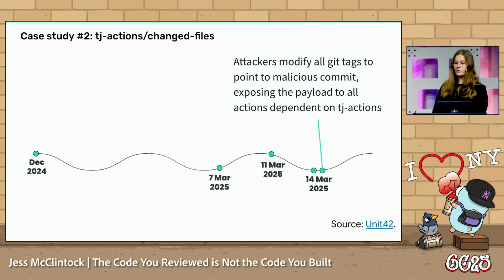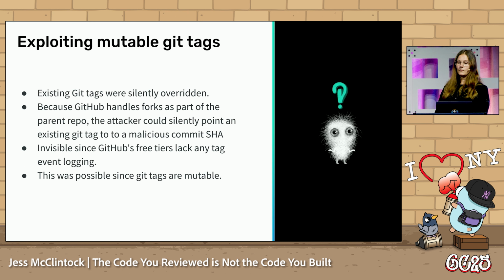But after failing to compromise Coinbase, they threw caution to the wind. They opened up the attack to all dependents of TJ Actions with the clear intent of being as visible and damaging as possible. Similar to Boltdb, this was an incident of attackers exploiting the mutability of Git tags, and additionally, the way in